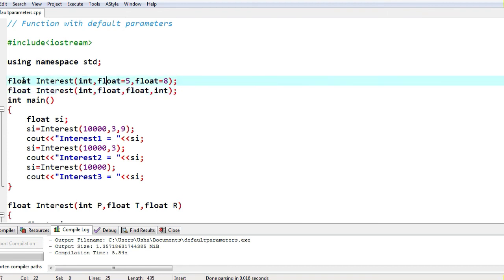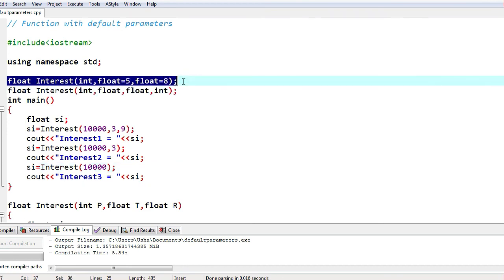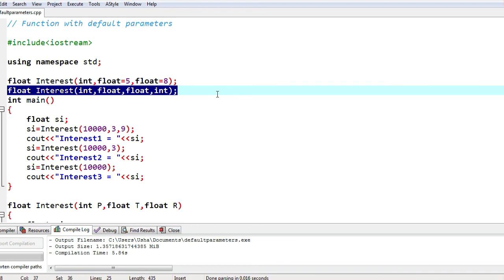Similarly, if you want to execute this first function, then you have various options. You can give all 3 values, or you can give only 2 values or 1 value. For the remaining missing values, it is going to consider the default values given here. Okay. Therefore, however many values you give, see here you have given 3 values, here 2 and here 1 value. For all these 3 function calls, it is going to execute the first function only without confusion. If you call another function with 4 parameters, then it will execute the second function without any confusion.